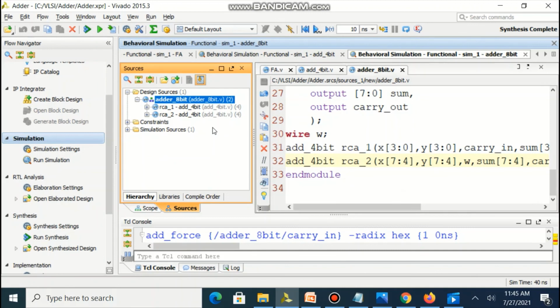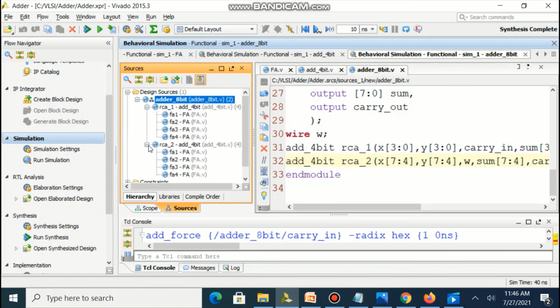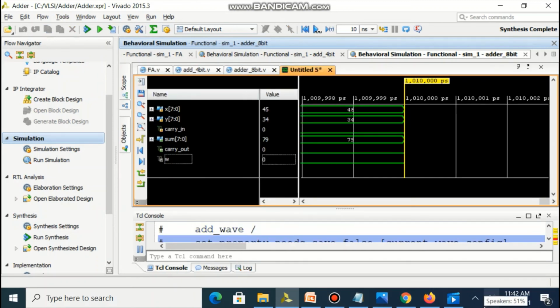After synthesis, you can also observe that the 4-bit RCA is now part of the 8-bit RCA. So you can observe below adder_8bit, two 4-bit adders are there, and in each 4-bit adder, four 1-bit full adders are visible.